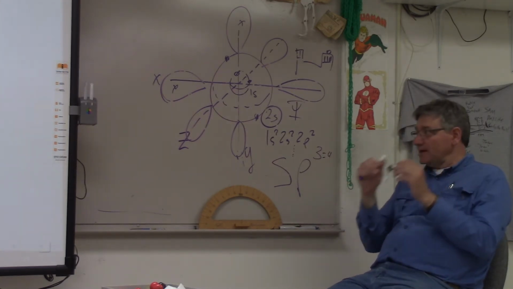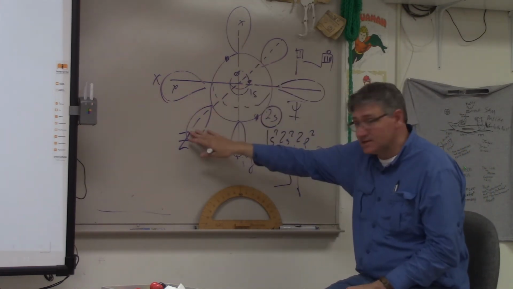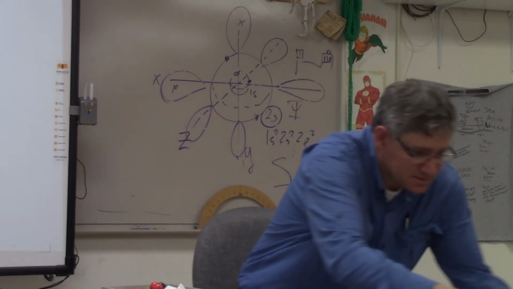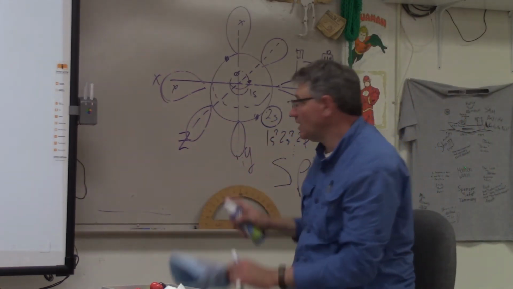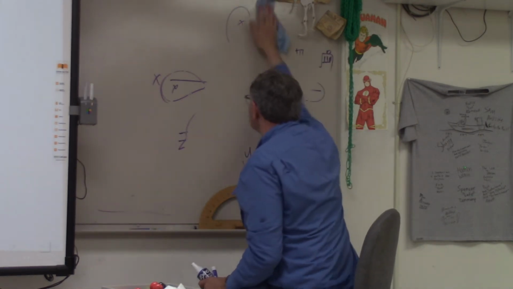So I've taken the 3 p orbitals, okay? Those are all jacked up, and the s. So let me erase this, and I'm going to draw the sp3 hybridization. So what's going to happen,